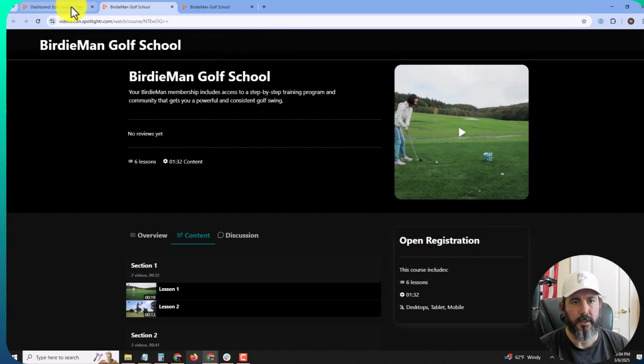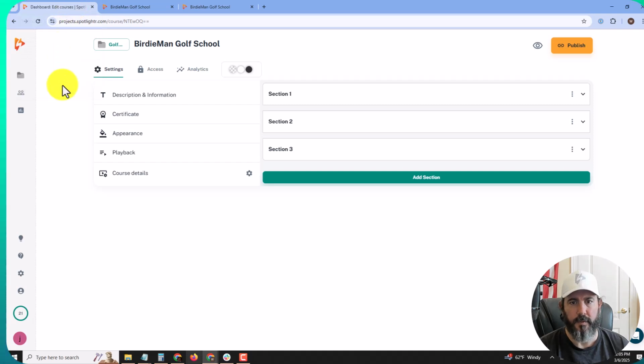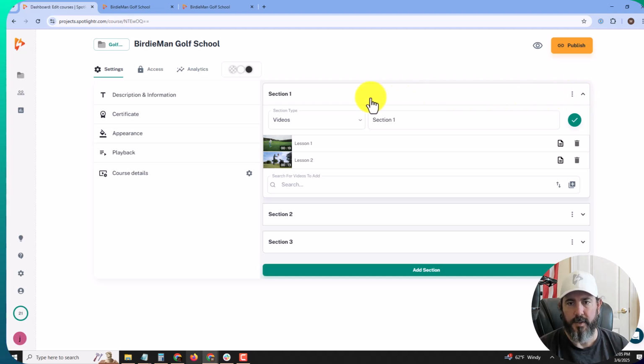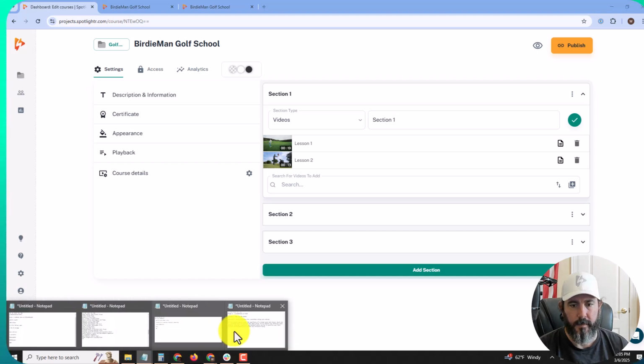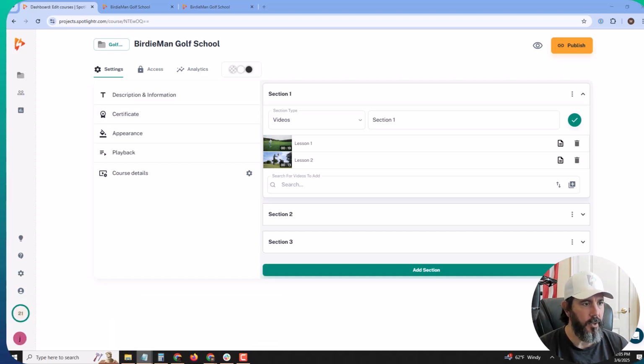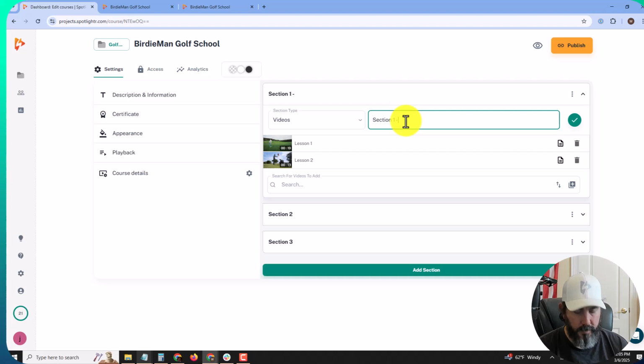So let's go back to our configuration page, and the first thing I want to do is add some more information as far as the course description, each section description, and each lesson. I have that information here off screen, and I'm just going to copy and paste it over. I'm not going to do every one, but I want to show you how this is done. So let's add